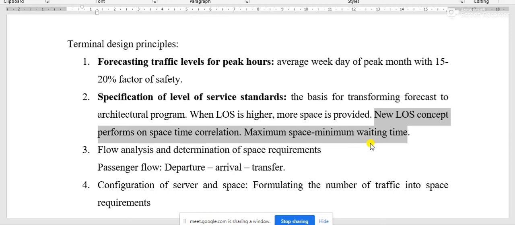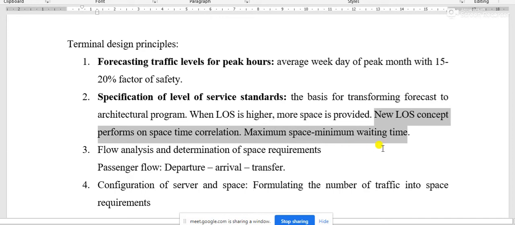And for those users, minimum or optimum waiting time must be provided for each passenger, and for that, optimum space must be provided. If maximum space is provided, then minimum waiting time is required for all the processing.